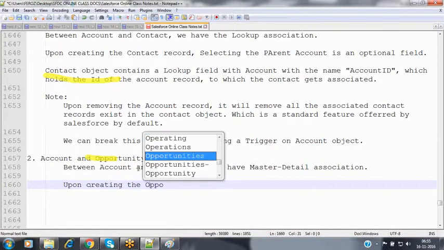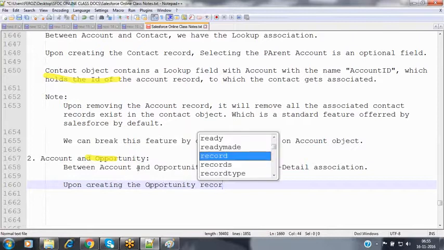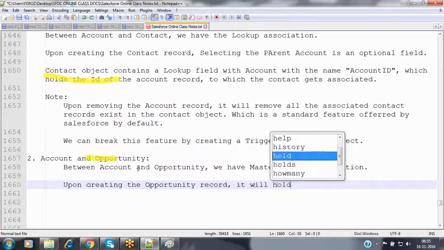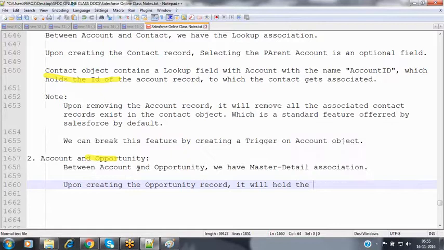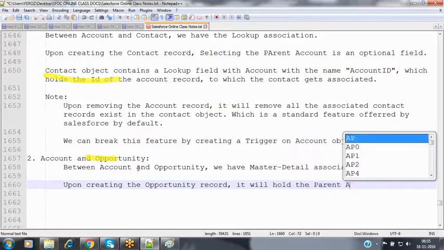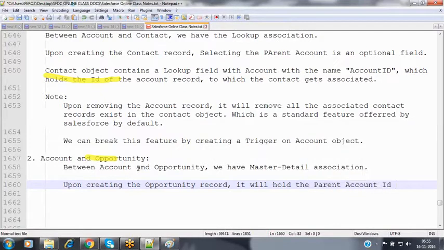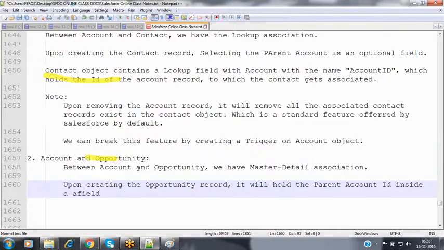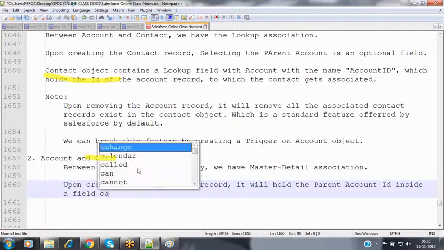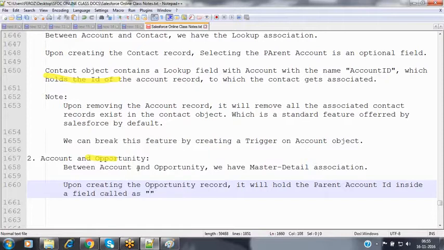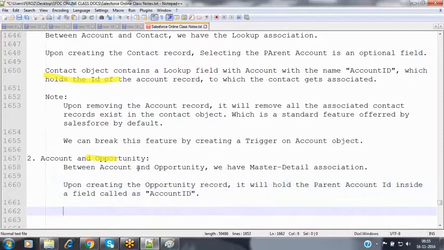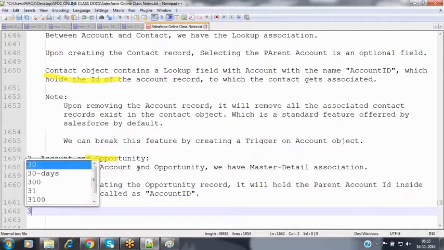Upon creating the opportunity record, it will hold the parent account ID inside a field called the account ID field. Nothing but the relationship field is the account ID field between account and opportunity also.